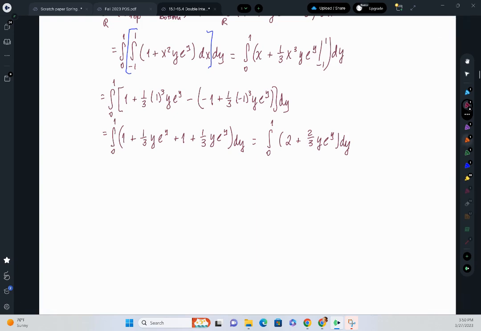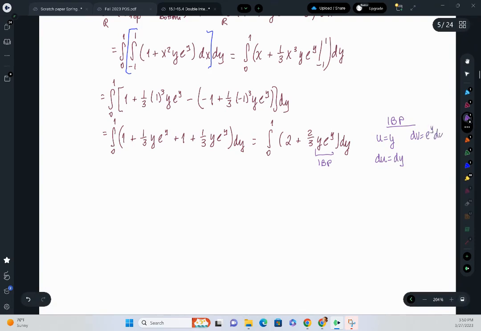Looks like we have an integration by parts though. So this y e to the y, we have to deal with the integration by parts. So I'll do that over here on the side. When we have a polynomial and an exponential, the u is always the polynomial. So u is equal to y, and du is equal to 1 dy. Dv is going to be the exponential, e to the y dy, and then v will be e to the y. So in my uv minus the integral of v du, I get y e to the y minus the integral of e to the y dy,